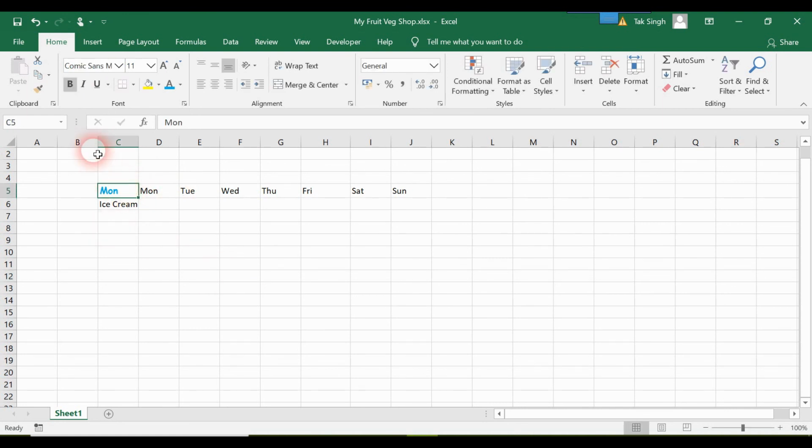Now say you want to have the same cell format for all the cells C5, D5, E5 up to J5. To do that, select the cell, activate Format Painter, and you can do it like this. Or another way is